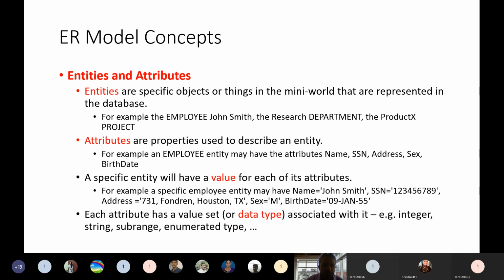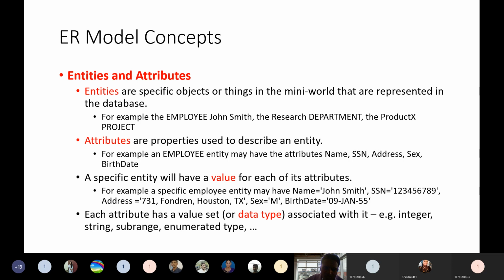For example, an employee entity, one object, has attributes, has properties. What are those? Name of the employee, id or SSN of the employee, address of the employee, and birth date of the employee. These are the attributes. When you look at the table concept in a database, within the table there will be columns.